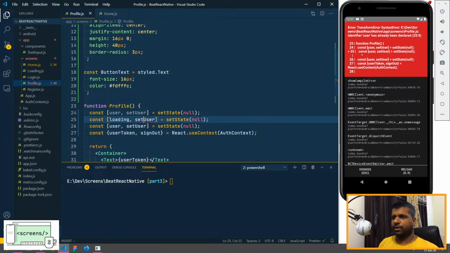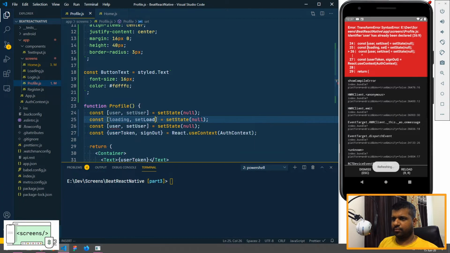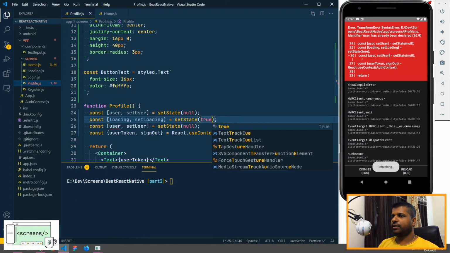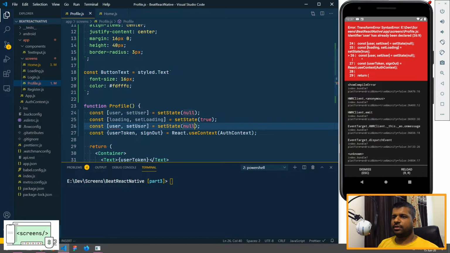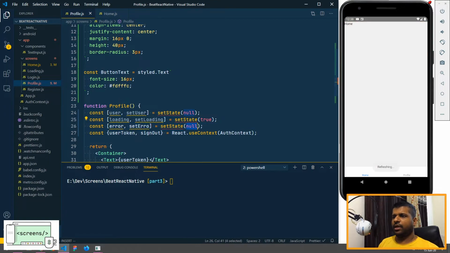So we'll use loading and set loading, and the initial state of loading will be true. So whenever somebody enters this page, the state will be loading. Okay, and the third state which we need to use is error. Okay, and we'll set error as null as well.